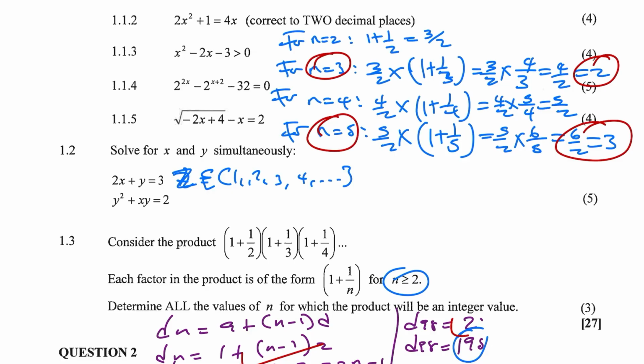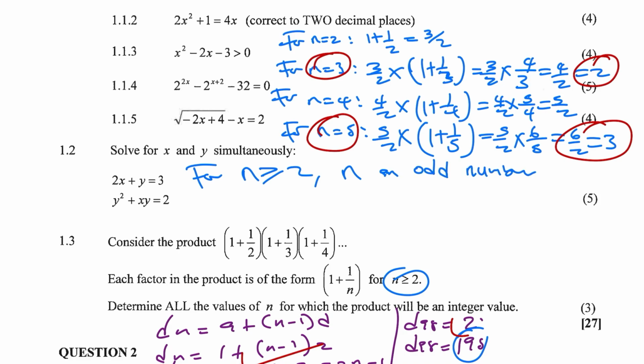Now you see that for every value of n greater than 2 and n an odd number, like n is 3, 5, 7, we're starting with 3 because our n is greater than 2,